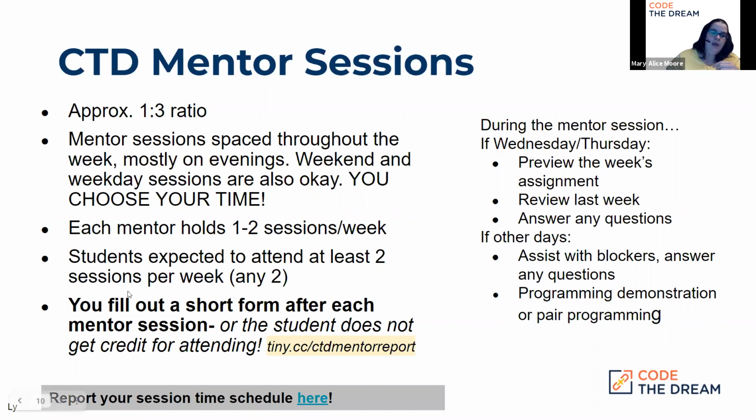At the bottom here, I've got report your session time schedule. There is a clickable link there. And I'll be sharing the slides with you as well, so it'll be accessible that way after we're done with our session tonight. So you can just jump to a spreadsheet and fill out the day and the time that you prefer to do. I don't have all of the class assignments in that document yet because those were determined after I was able to get the basic framework set up, but some of them do already have the class assignments by your name in there. It's just a spreadsheet alphabetical by first name, and you can plop in there what day you want and what time.